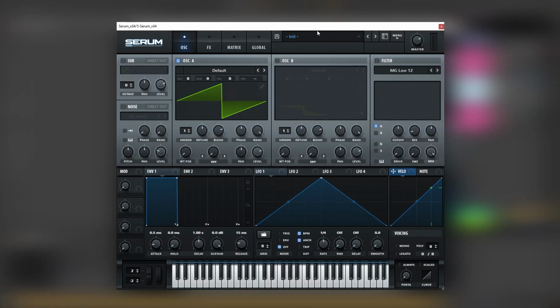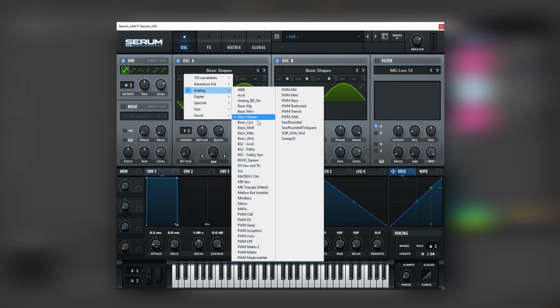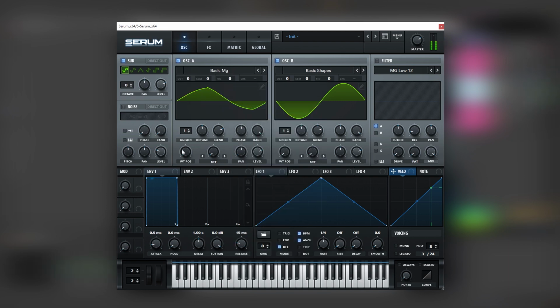Okay, so here I have an initialize patch, and the first thing we're going to do is load sine waves on all of our oscillators, just like this. But on oscillator A, we're going to load a weird one like basic MG, just so we get those tiny high frequencies. Then we're going to bring the random phase all the way down, and we're going to detune this one slightly, just like that. Then we're going to add some noise,